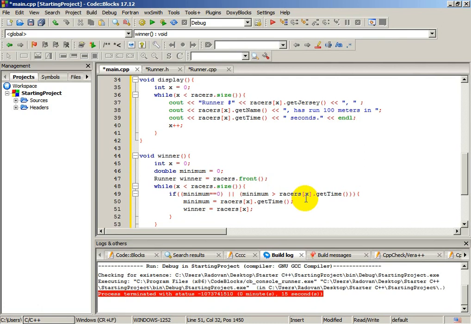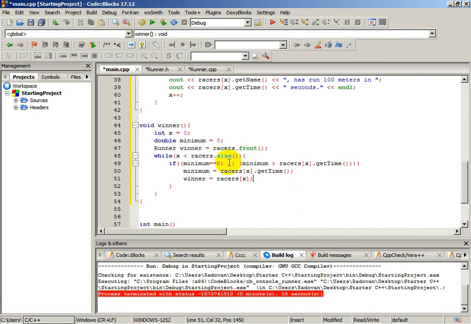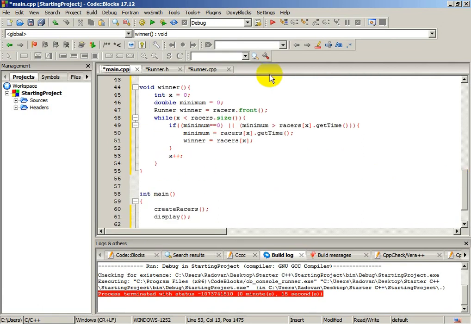We define this minimum, and we define this winner, and now we need to increment x, x plus plus, and when this while loop is finished,